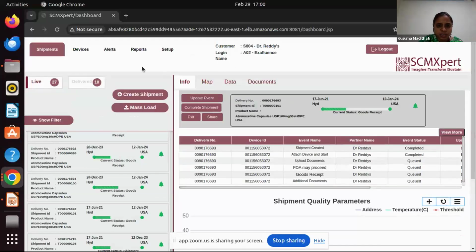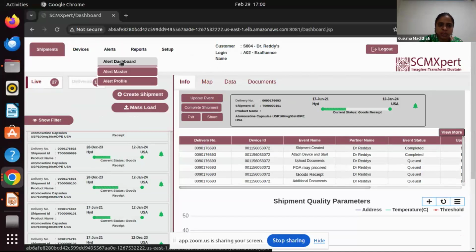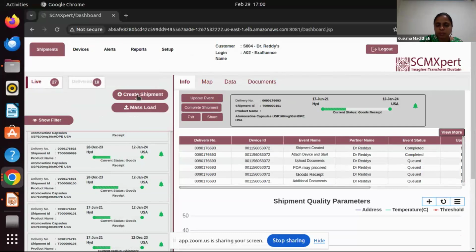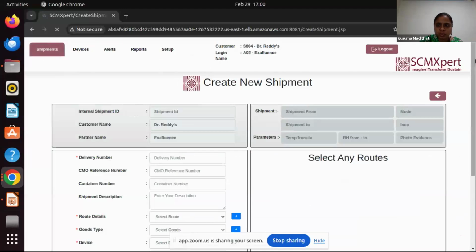So this is the landing page of SCM Expert. Here we have a lot of tabs. The main tab is the Shipments tab, where we can create a shipment. If you want to create any new shipment, it will